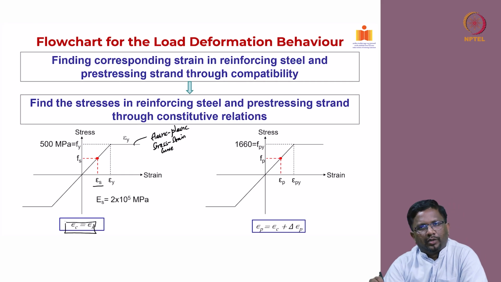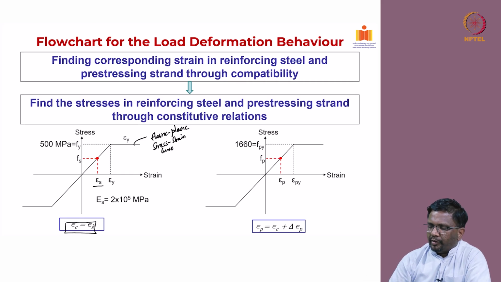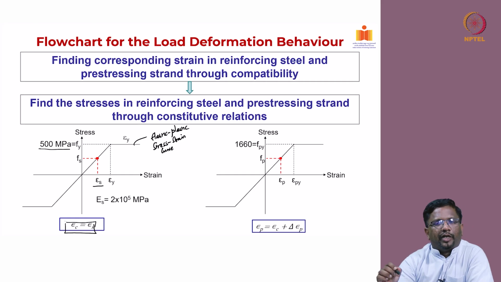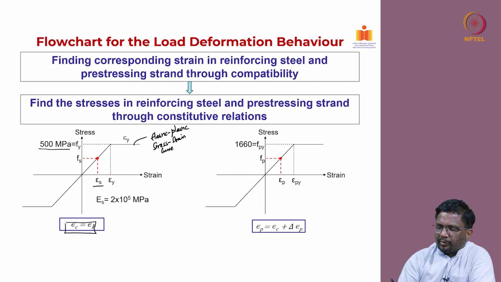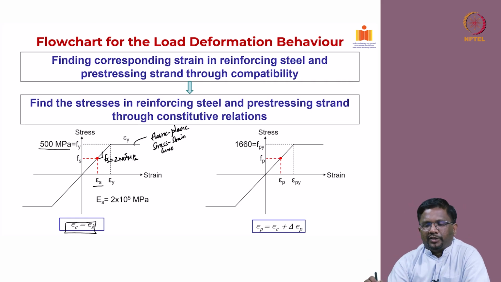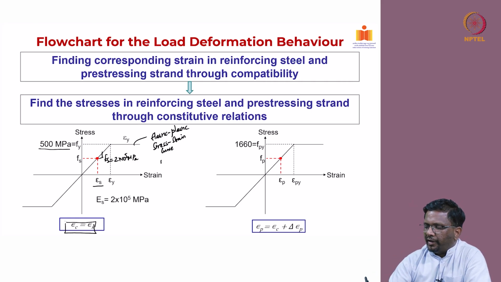Okay, for normal regular rebar, I am assuming that the grade of steel is 500 megapascal. So, you can calculate, and the elastic modulus, you all know that for steel it is equal to 2 into 10 to the power of 5 megapascal, right. And this is the idealization. So, it is an idealized